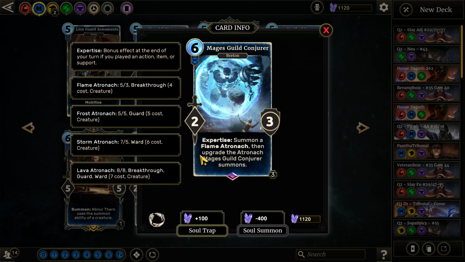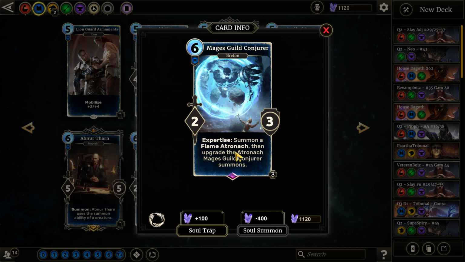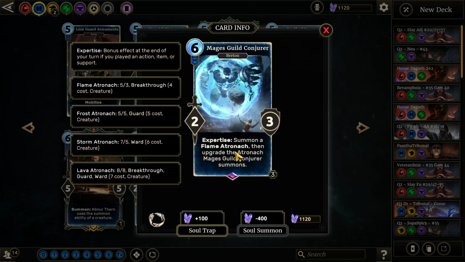What I'm confused about is I can't really remember how this works. If you played a Mage's Guild Conjurer and the Flame Atronach is summoned, let's say you kill the Flame Atronach and you trigger expertise again. Is the next one a Frost Atronach, or is it a Flame Atronach because you didn't kill it? It triggers expertise, Flame Atronach turns into a Frost Atronach. Oh, you killed the Frost Atronach? Then is it going to go back to summoning Flame Atronachs? Or does it just level up regardless of what happens to that creature? Like, you kill the Flame Atronach, his next expertise is a Frost Atronach. You kill the Frost Atronach, the next one's a Storm Atronach. I'm not sure, and that would require a little bit more in-depth testing, or at least seeing. But I do know this card is very powerful. I've never seen it summon a Lava Atronach, but I've seen it summon a Storm Atronach,